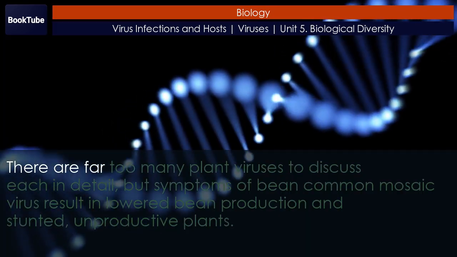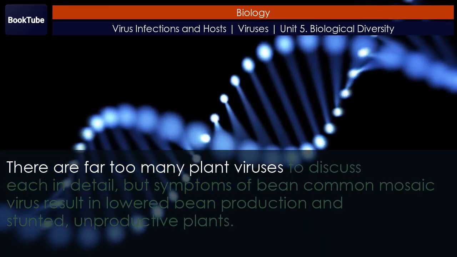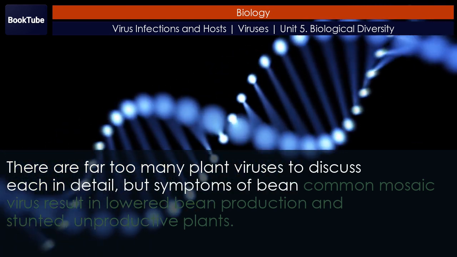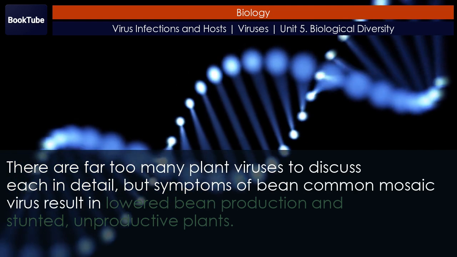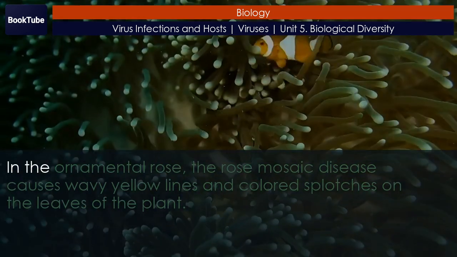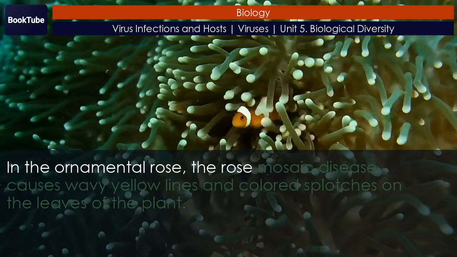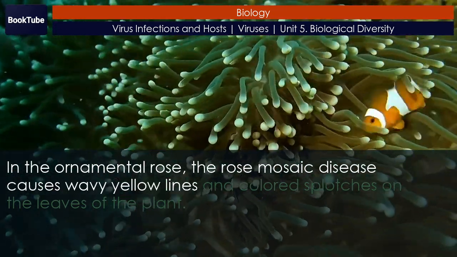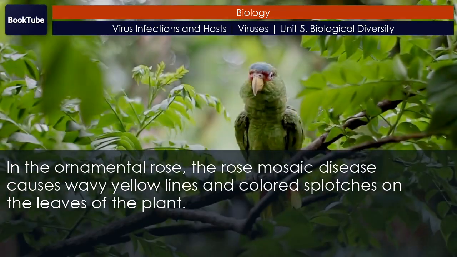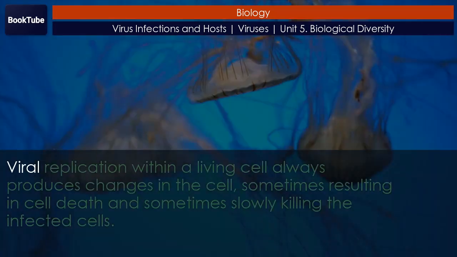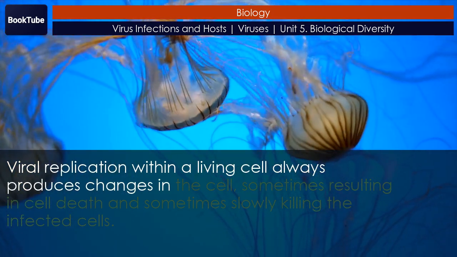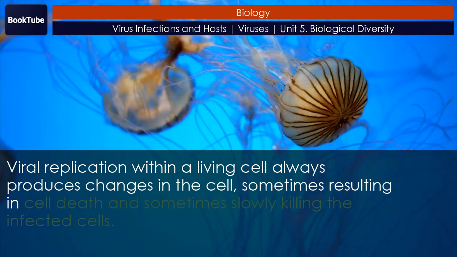There are far too many plant viruses to discuss each in detail. But symptoms of bean common mosaic virus result in lowered bean production and stunted, unproductive plants. In the ornamental rose, the rose mosaic disease causes wavy yellow lines and colored splotches on the leaves of the plant. Section summary. Viral replication within a living cell always produces changes in the cell, sometimes resulting in cell death